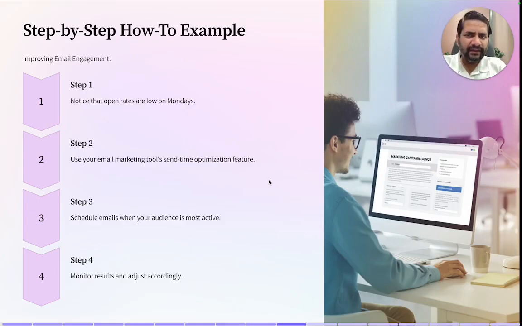You notice that open rates are low on Mondays. You use your email marketing tool's send time optimization feature, schedule emails when your audience is most active, monitor results and adjust accordingly. So that's simple. You just need to go back to Google and look for email marketing tools that have the feature called send time optimization, and go back and use those tools, and you'll find a change or improvement in your email engagement